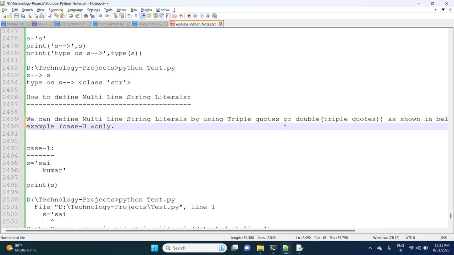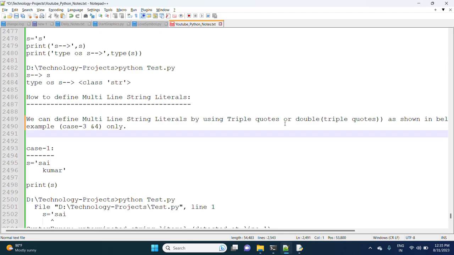Case 3 and 4. So case 1 and case 2 are not possible.